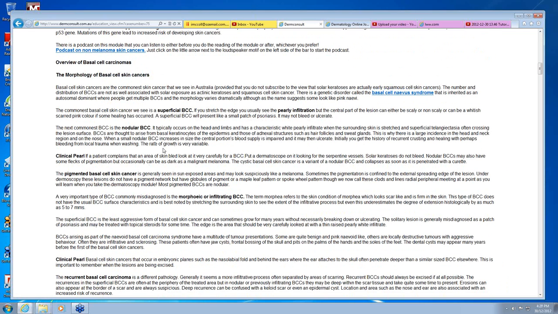Basal cell skin cancers, you've got to be able to recognize the various types. The superficial, always look at the edge, that pearly infiltrated edge that you're liable to see in superficial BCCs. The nodular, the cystic BCC,